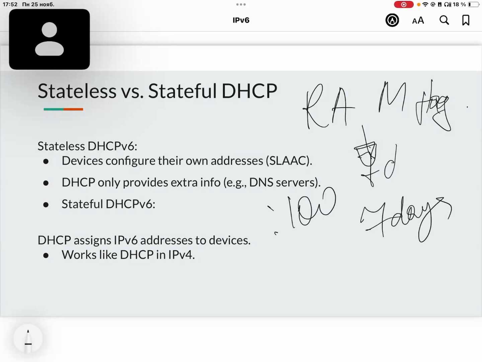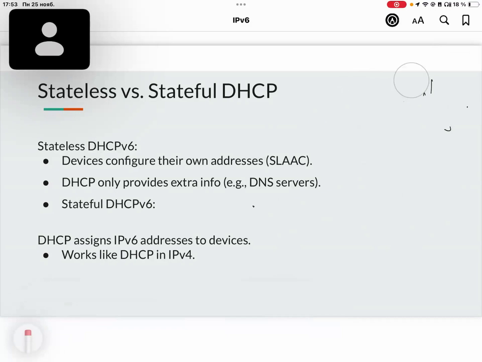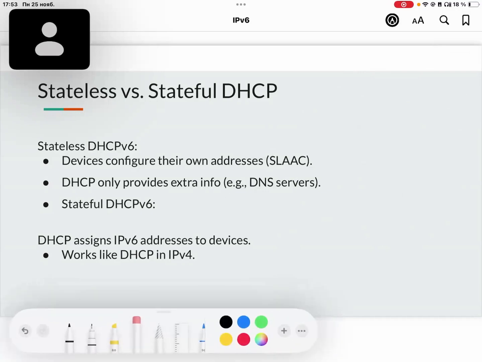And adding the domain name servers. I think for this lecture, that's it. In the next lecture, we will discuss tunneling, IPv4, IPv6 communication, etc. So for this lecture,